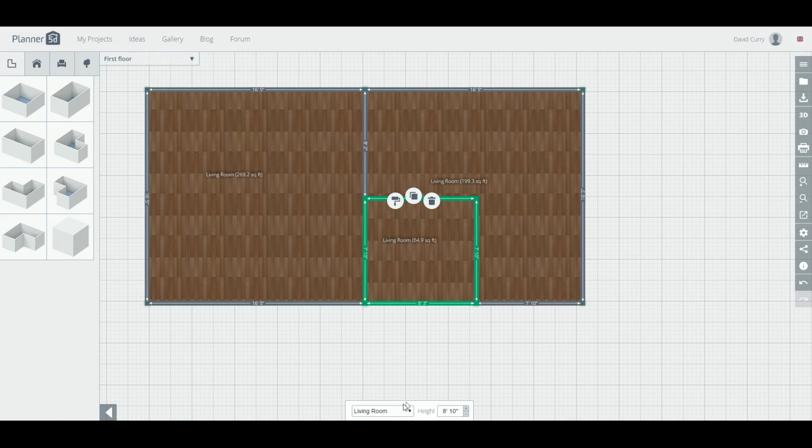So down below, I just want to point out that you can change what your rooms are, so when people look at it, you can see what's what. Obviously, later on when you furnish them, it'll be pretty easy to tell, but I'll just throw in storage here, and just because, let's throw this in as a kitchen. Alright, so